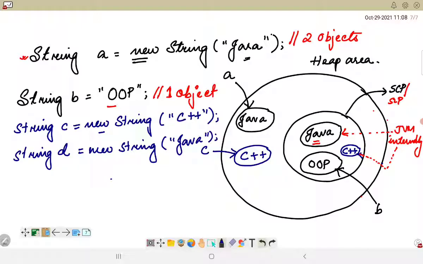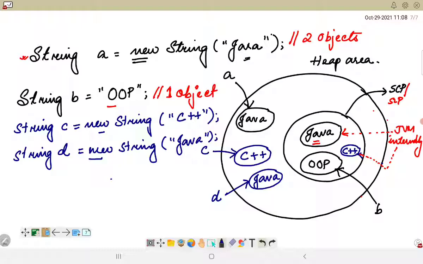Under this scenario, what will be the condition? Since I'm creating a new object, definitely there will be an object in the heap memory with this reference variable, that is D. So D will be pointing to Java.